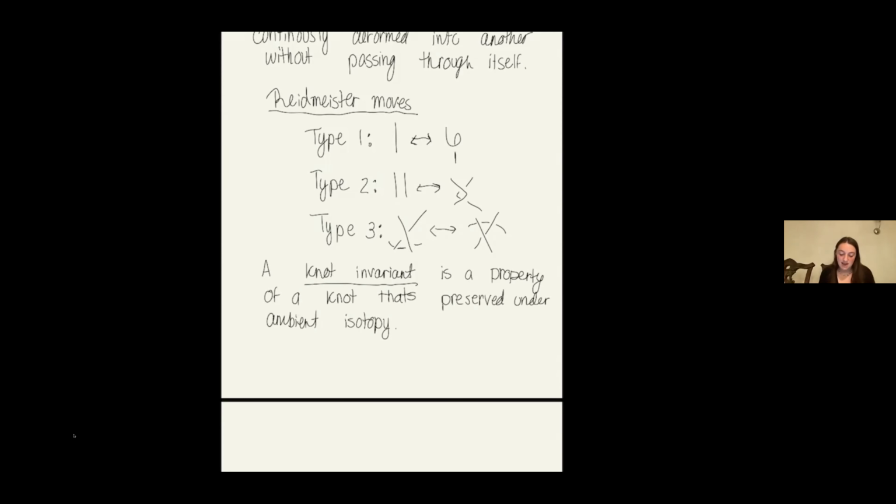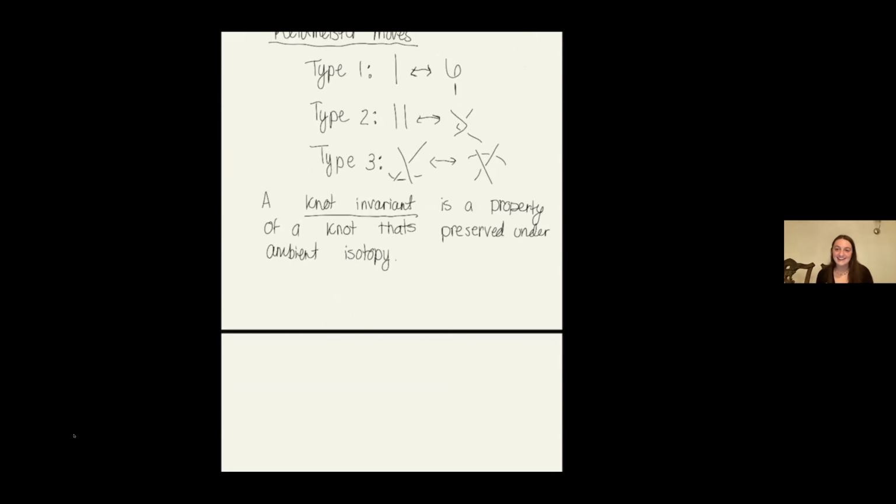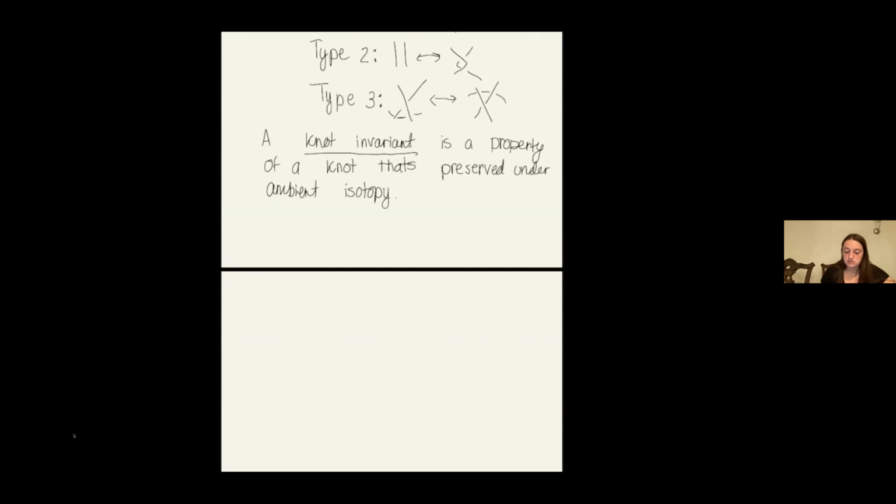So next, I'm going to go into what tricolorability actually is. It is when you're coloring a knot with 3 different colors, but we have specific conditions that you must follow when we color the knots. So I'll just do it right here. A knot is tricolorable if its strands, which I went over before,